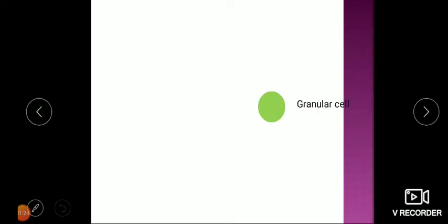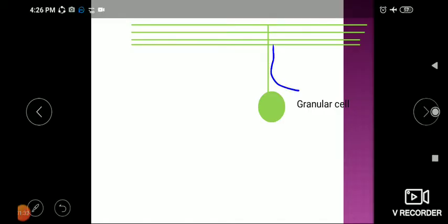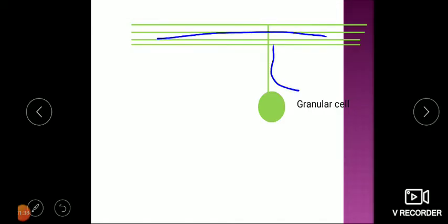So this is the cell called as granular cell. It is giving its dendrites which are going up like this and they are running parallelly. So that's why they are called as the parallel fibers. So these are the dendrites coming from granular cell. These are providing a big network for connections coming from granular cell. So dendrites are going from here and they are running parallelly, so these are called as parallel fibers.